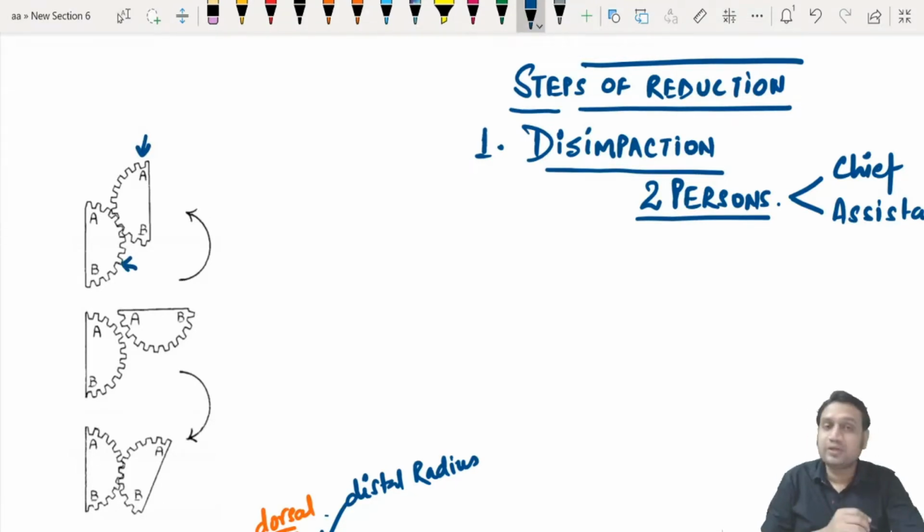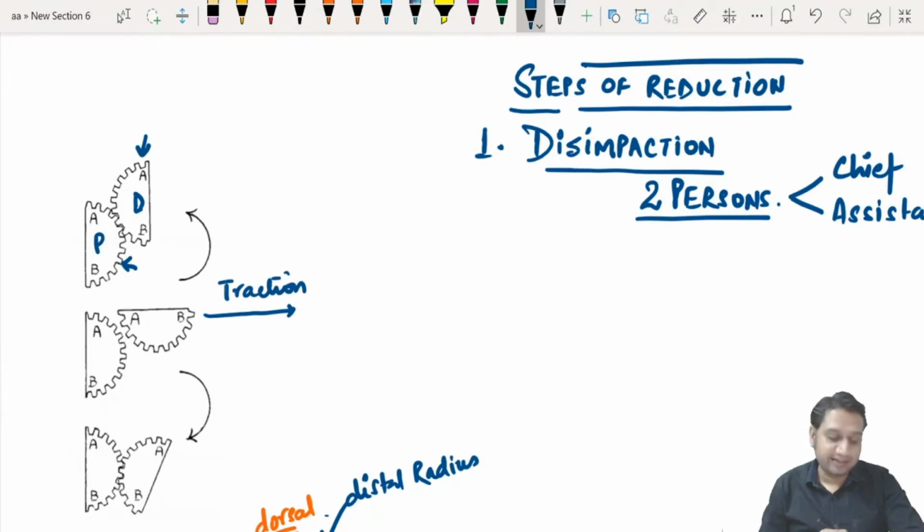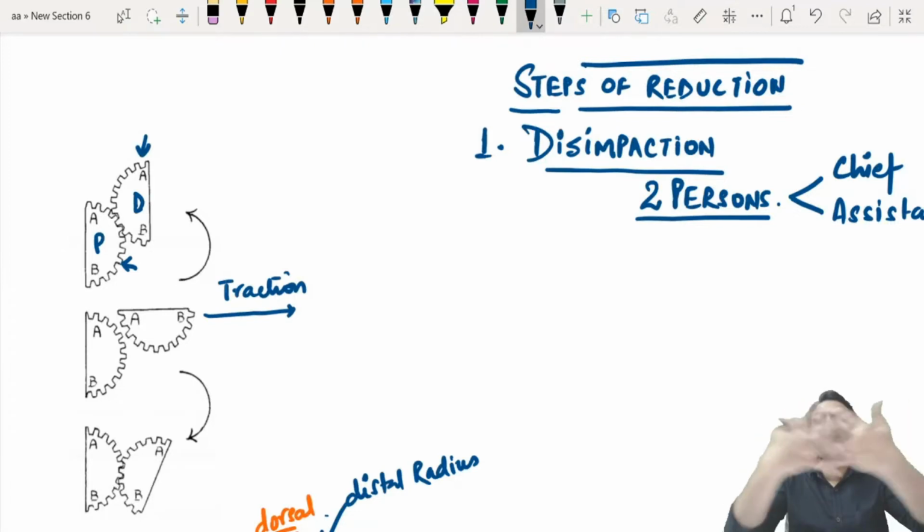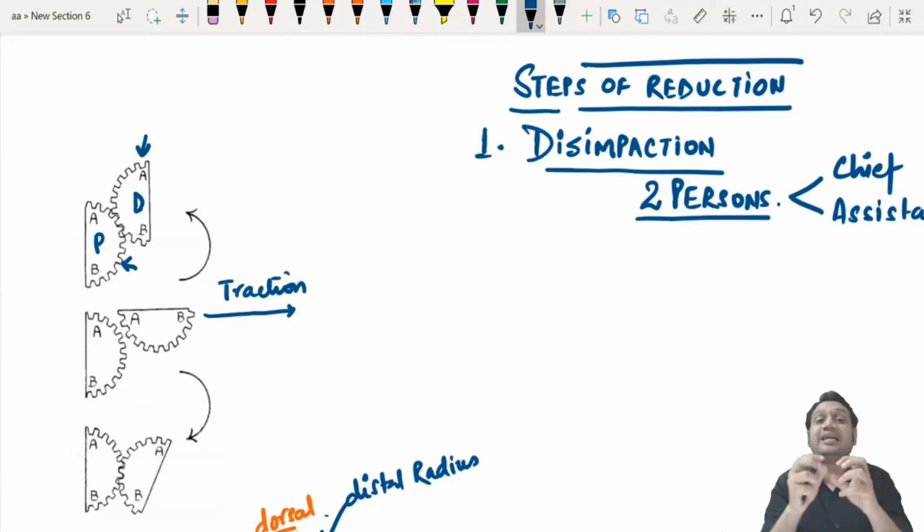So this is actually the position of Colles when the fracture occurs. This one is our proximal fragment and this is our distal fragment. This is how the Colles will behave. Now if I want to disengage them, I'll have to do two things simultaneously. One will be the traction. And second, these behave like teeth into each other. These are comminuted, multiple pieces of the bones, at the cortico-cancellous junction.